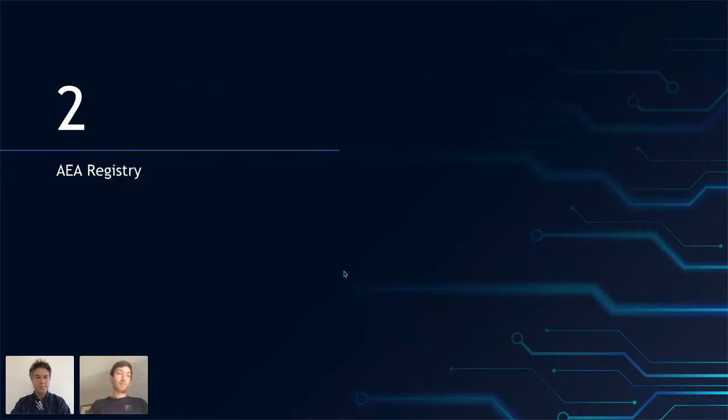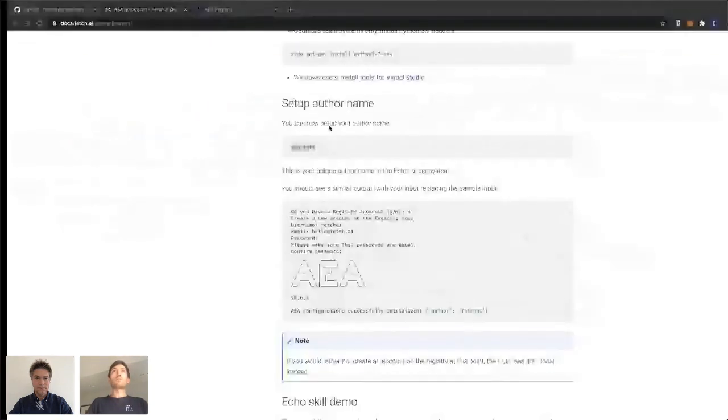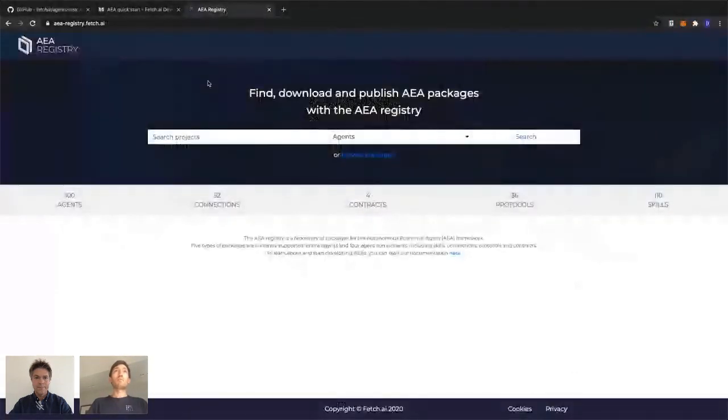And that's why we have built, specifically for the AEA framework, a registry which allows you to share parts or entire agents. This is accessible as of recently under this URL, and we can have a quick look here. So it's essentially an index. You can search for different projects. So you can search for entire agents.